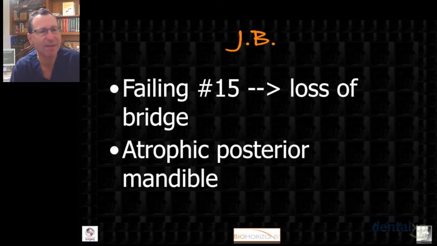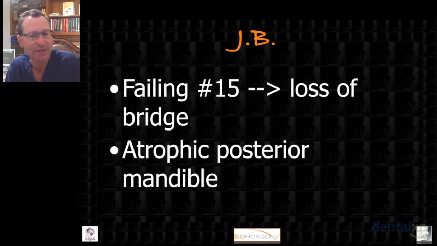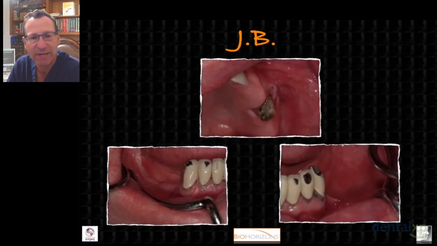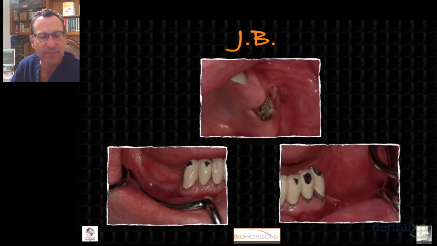Now here's a little more complicated case where 3D imaging and guided surgery really came in handy. This patient was losing tooth number 15, which was the distal abutment for a bridge. He also had some atrophy of the posterior mandible and wanted some implants there. And you can see here's the atrophic posterior mandible on both sides. Here is where the dentist sectioned the bridge, and we took out the bridge, and here's number 15 that needs